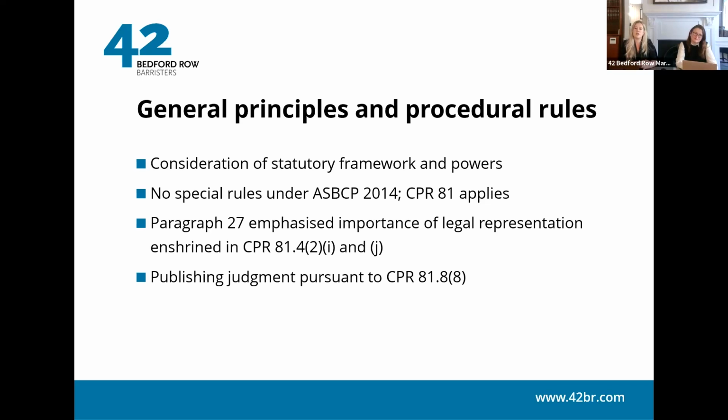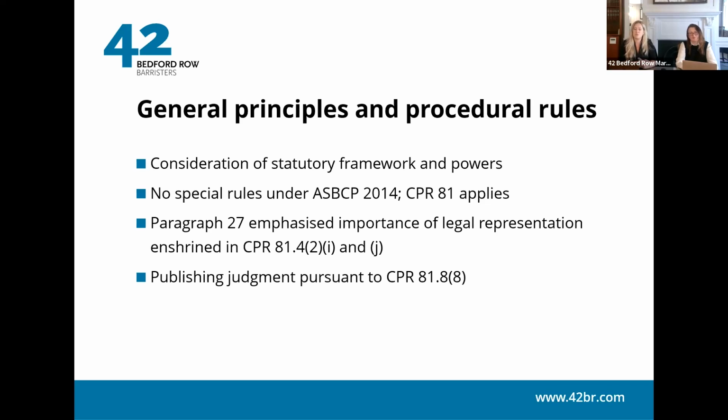Paragraph 27 of the judgment emphasised the importance and need for legal representation. As a practitioner, it's helpful to always remember that, particularly where, as Niamh referred to earlier, defendants are brought before the court in short order within 24 hours of the breach. At those hearings, even where a defendant admits the breach, the court should be quite slow to allow them to essentially enter a plea into sentence where they've not had the benefit of legal representation. And they are entitled to non-merits tested, non-means tested legal aid.